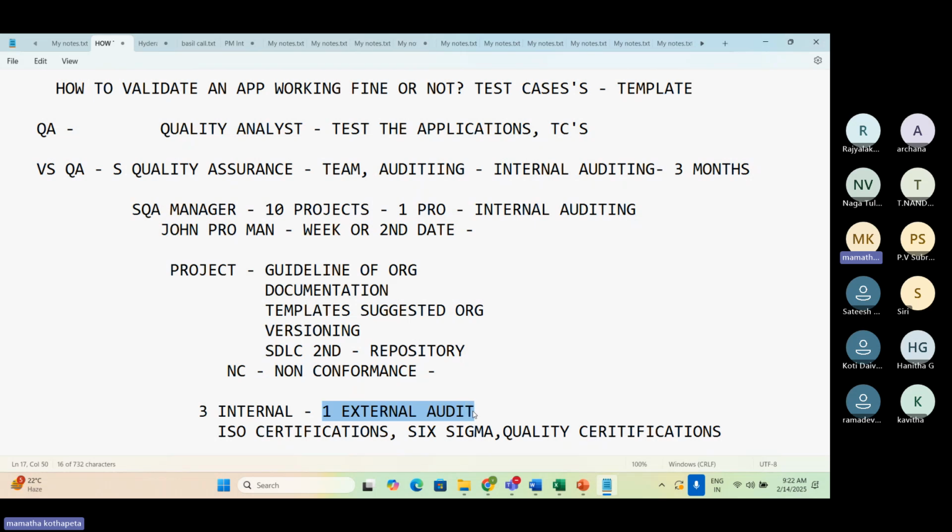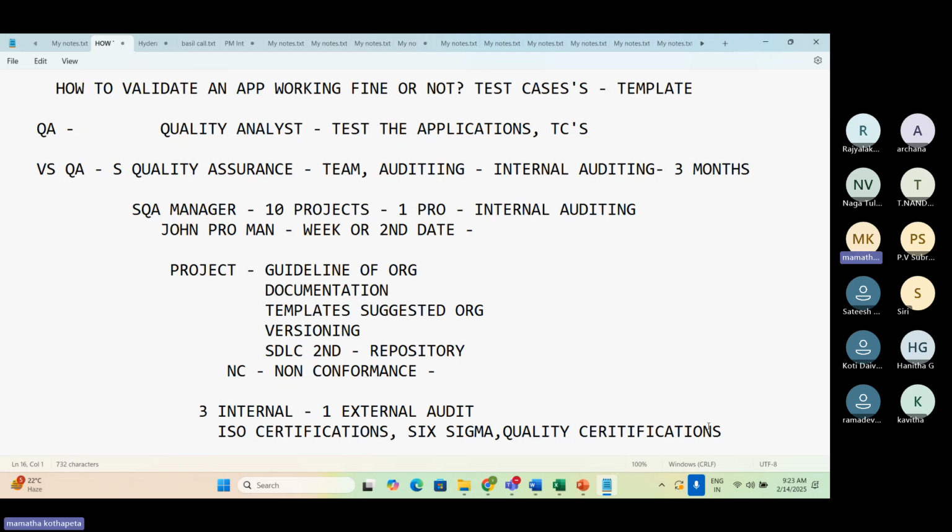What do they do? They look at everything. How are we maintaining the company? How are we maintaining the building? How are we maintaining the cafeteria? How are we maintaining the desks of the employees? How are we maintaining the healthiness? How are we maintaining the documentation? How we maintain everything will be checked in the external audit. To make sure the external audit goes well, the internal audit is done